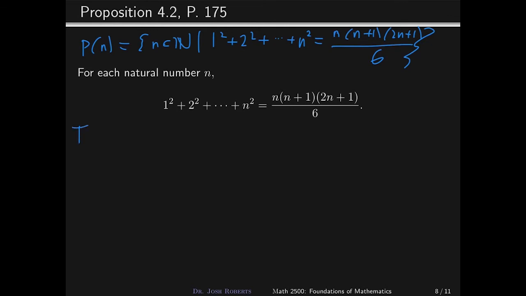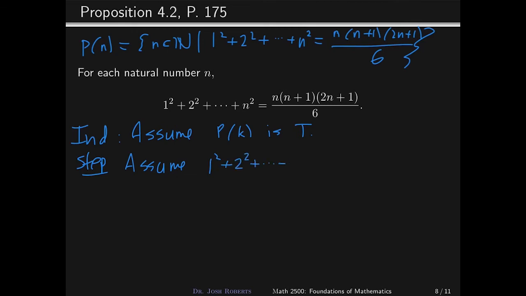So for the inductive step, I'm going to assume that P of k is true. That is, I assume that 1 squared plus 2 squared plus ... plus k squared really is equal to k times k plus 1 times 2k plus 1 all over 6. And I need to show,